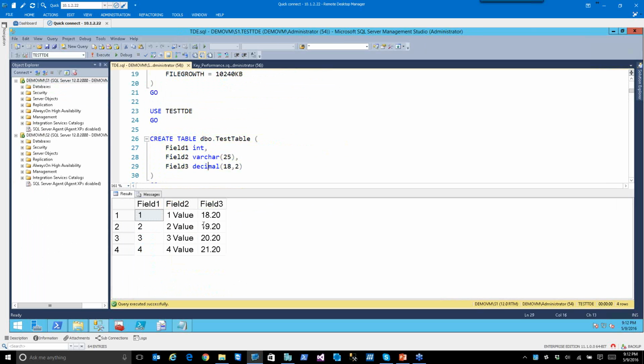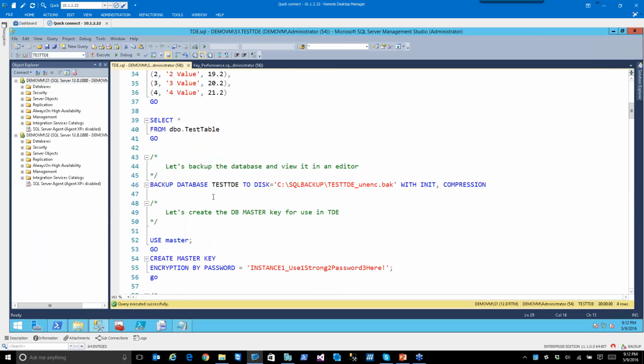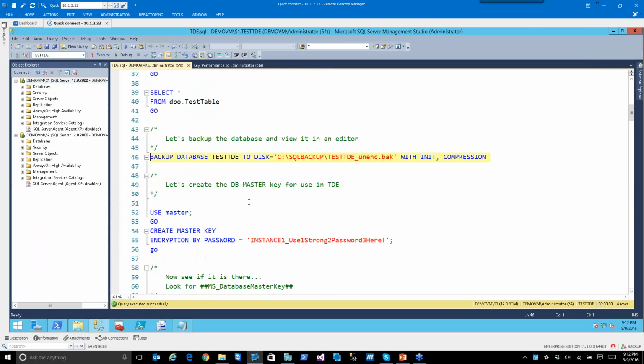And you can see the data is there. So now we're going to back up the database, because one of the most important things to do before you encrypt your database is to back it up. If you don't back up your database and you have issues, you're stuck, because backup is the only way to